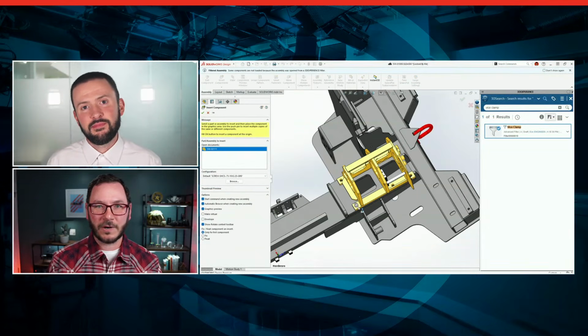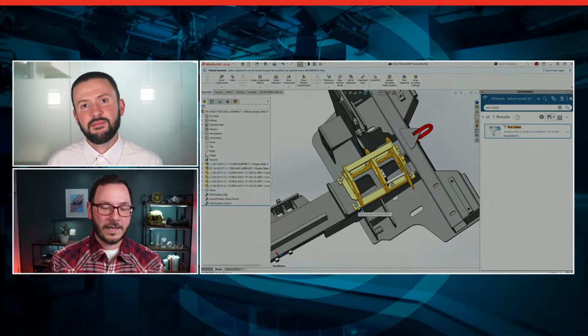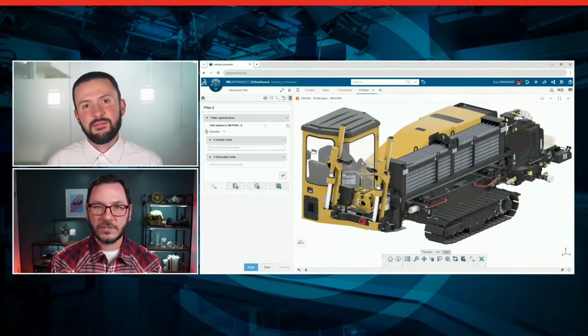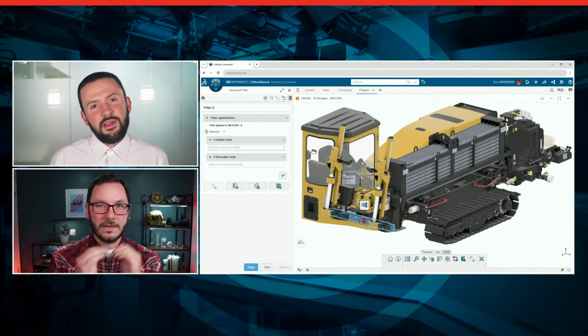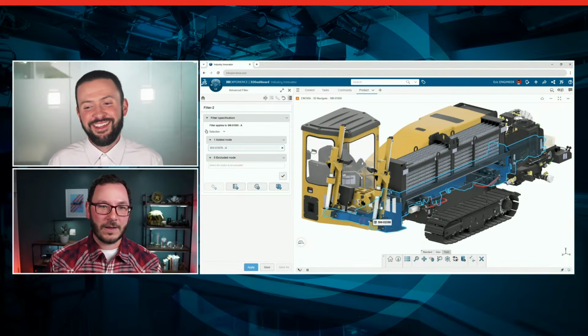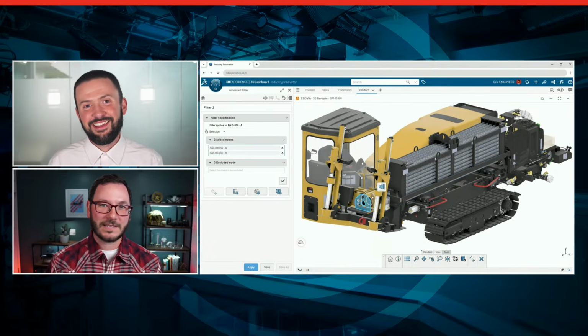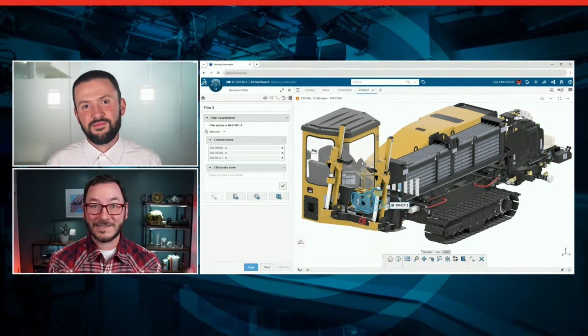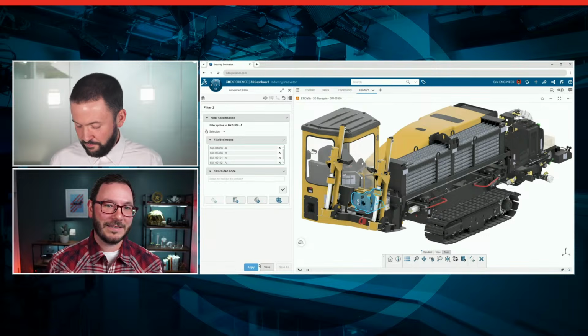SOLIDWORKS is such a mature product at this point that we're making incremental changes on things that are improving efficiency and all of that, but it seems like it's pretty rare that we get something that comes along that's like, oh, wow, I need to stop and think about all of the different things I could do with this. And I can't wait until this gets out into your hands, the customers, and see what you do with this,